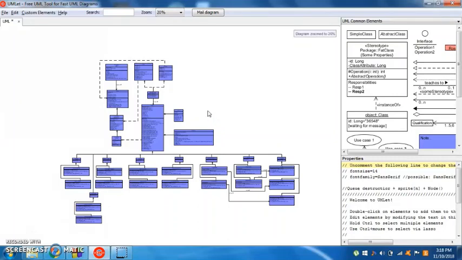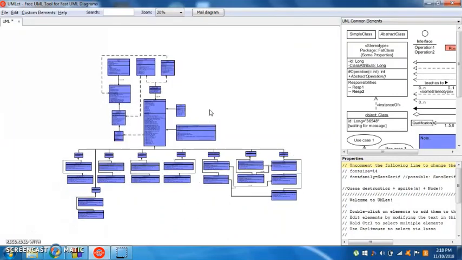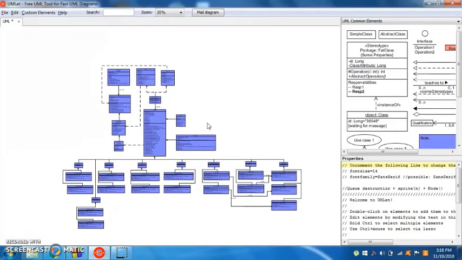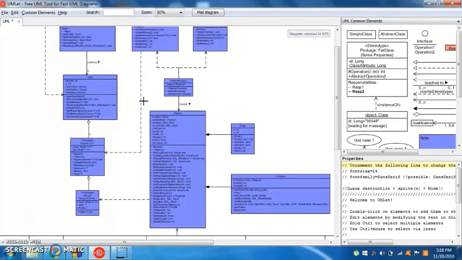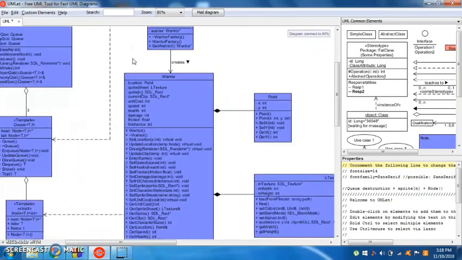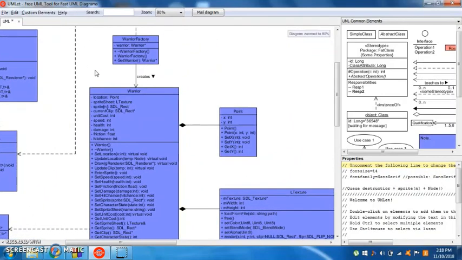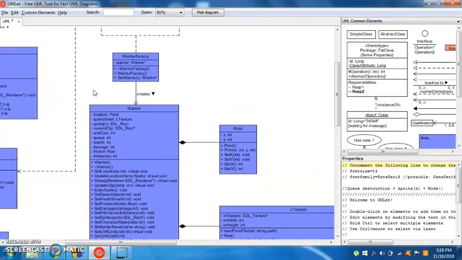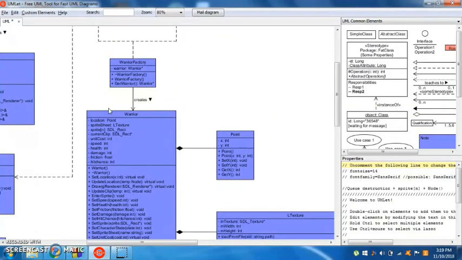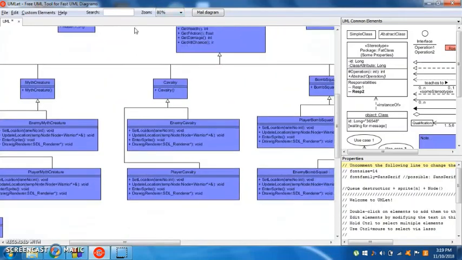All right, so here you can see the UML diagram, and this is actually the entire base of what I plan to do as a part of this project. So if we go in, we can see that one essence of it is that we are going to have a warrior class, which will be an abstract class, and we're going to have a warrior factory that generates warriors, and then we have multiple